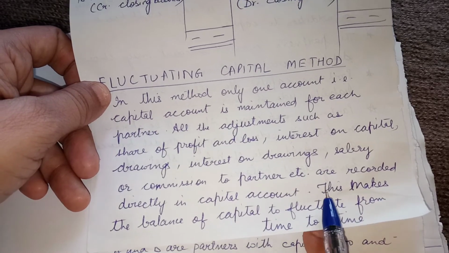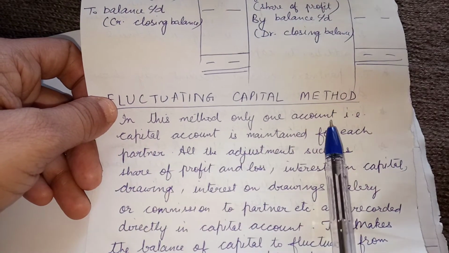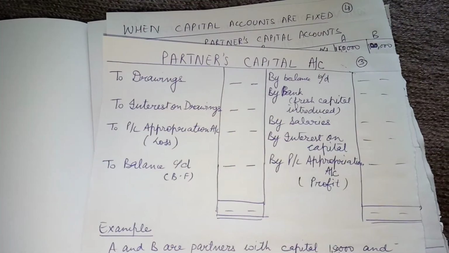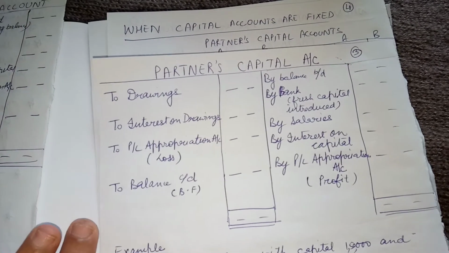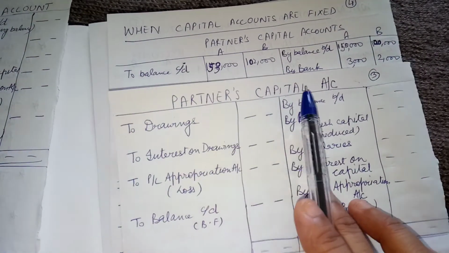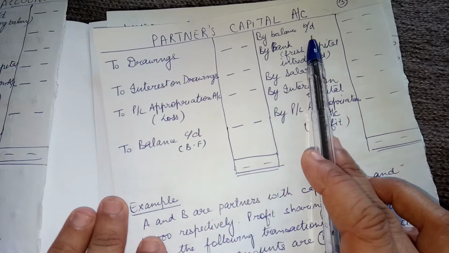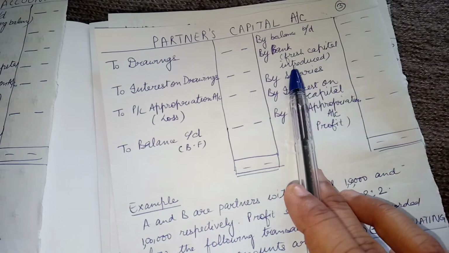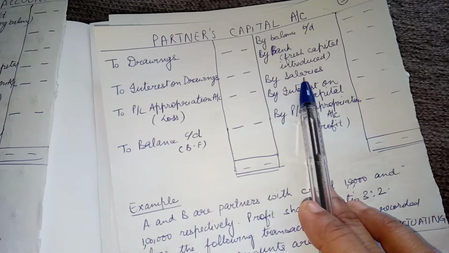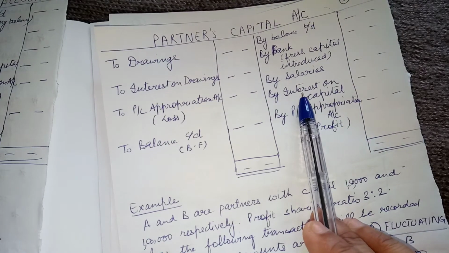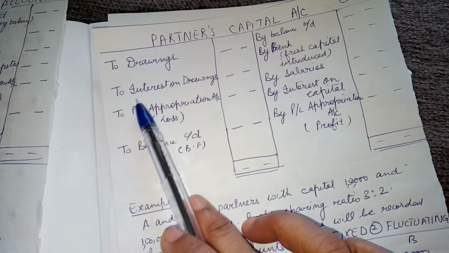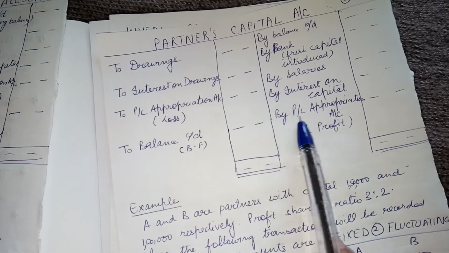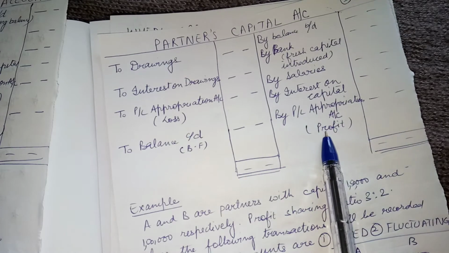So that is why it is called the fluctuating capital method. Here, let us see the basic proforma of this type of capital account. Here is the partner's capital account: by balance brought down, that means the opening balance, and then by bank, if any fresh capital is introduced, by salaries, the salaries given to a partner, interest on capital, and then to drawings, to interest on drawings, and by profit and loss appropriation account if a share of profit is there,